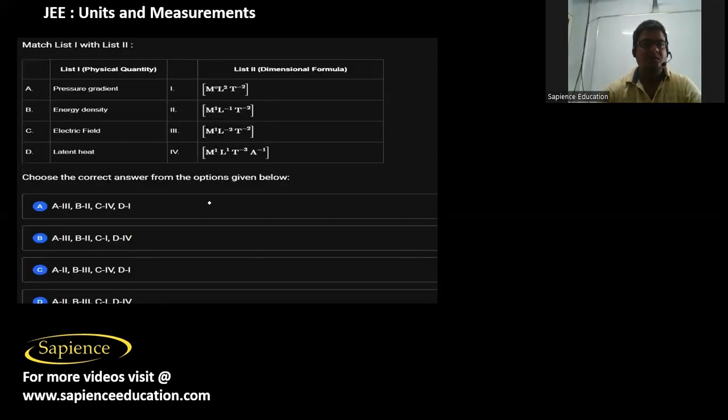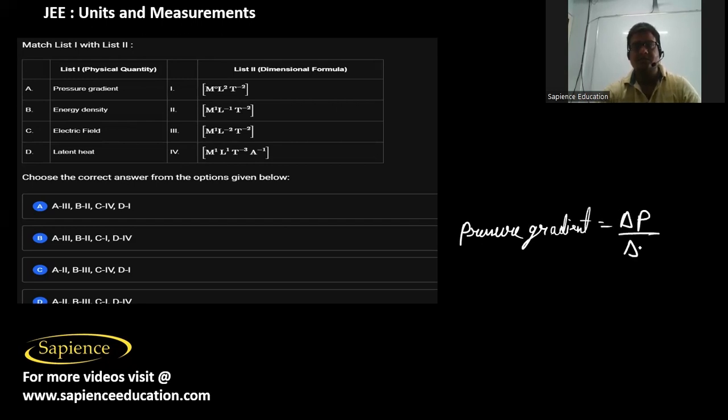Then here it is told to match list one with list two. Now here the pressure gradient is given as change in pressure by change in length, so that is delta P by delta X. Its dimension will be same as pressure by length, so it is force by area into length. Therefore, the dimensional formula for pressure gradient